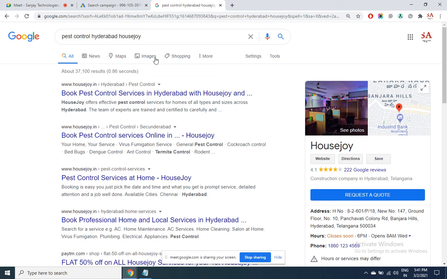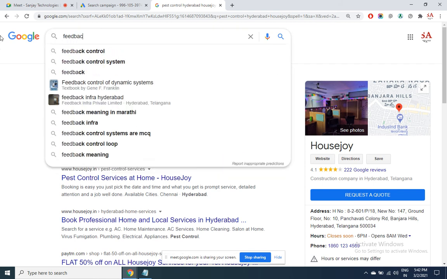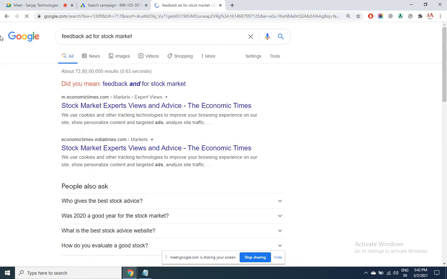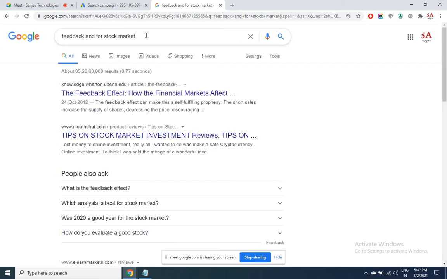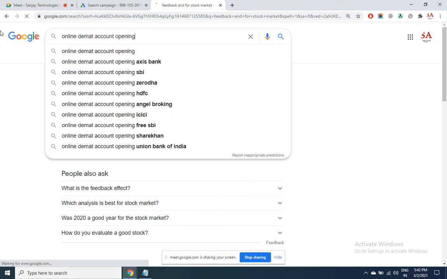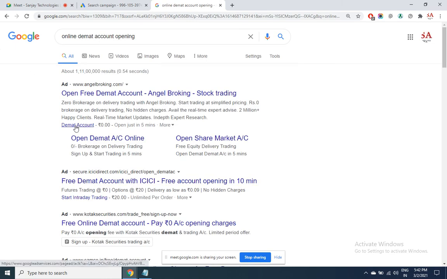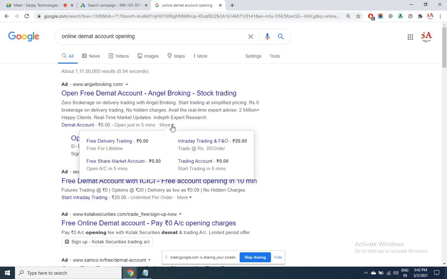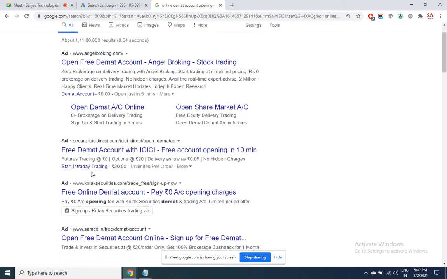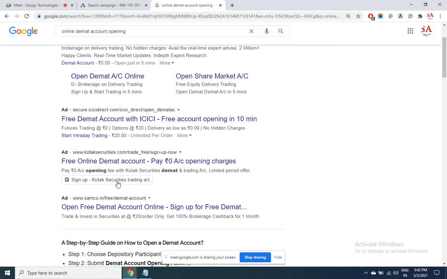Lead form extension. Here, are you able to see something in the box as sign up?